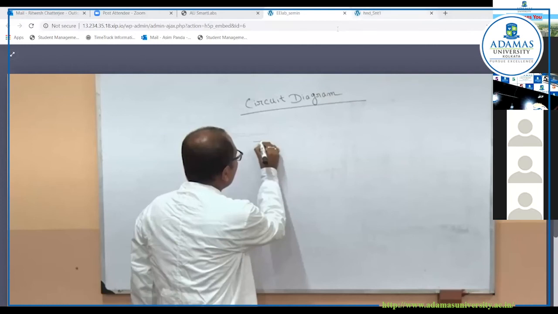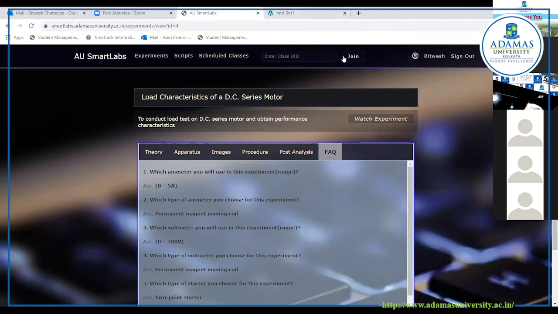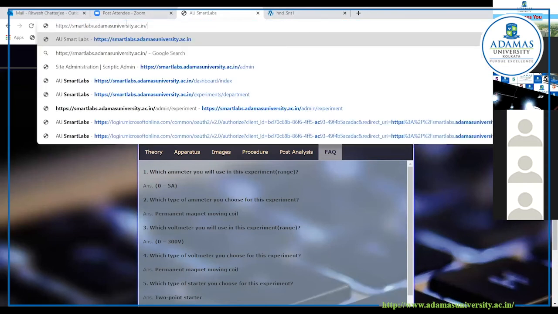Perfect. I'm going to close this one right now, given that a huge amount of you have got an idea of the platform. What I would ask you to do, or encourage you to do, is to actually log into this platform and try watching one of these experiments. I'm going to show it step by step what I'm expecting you to give a try right now.